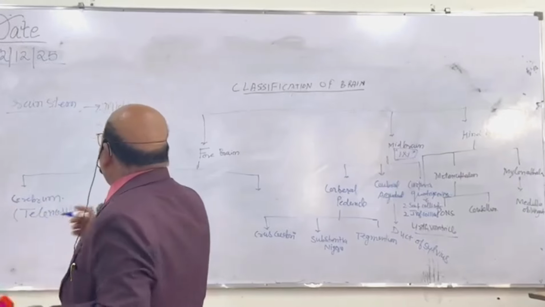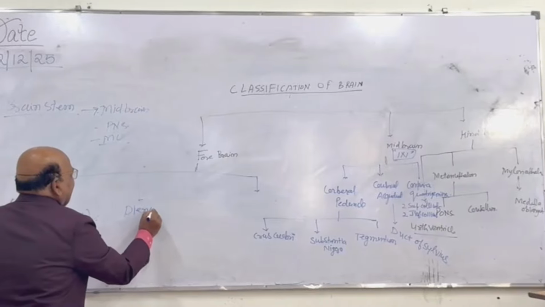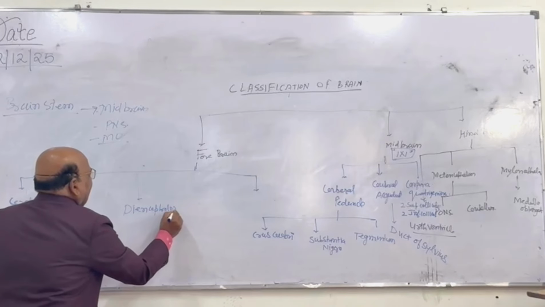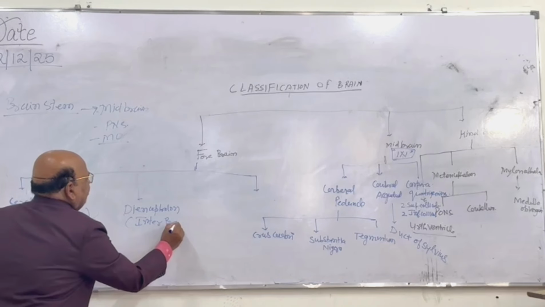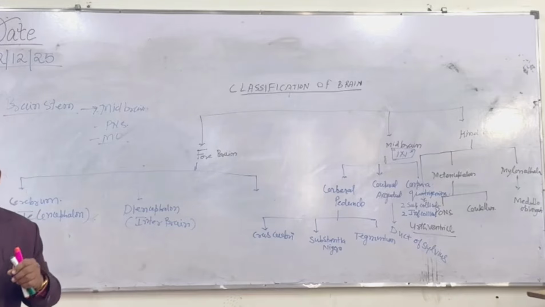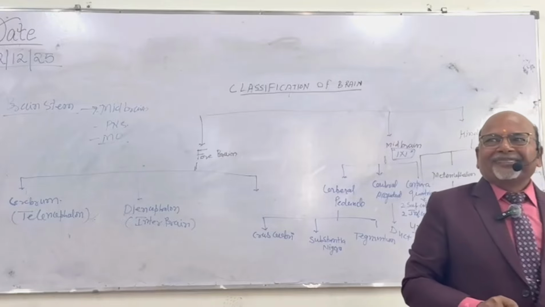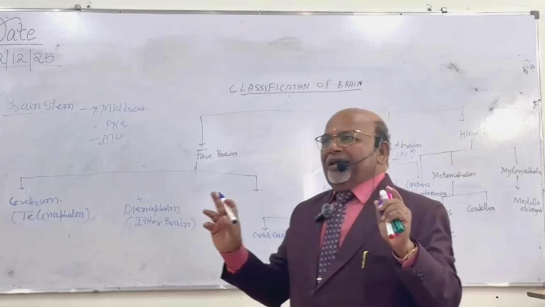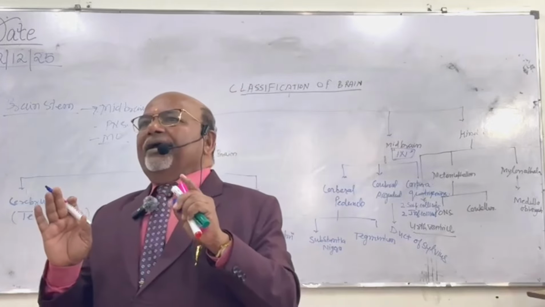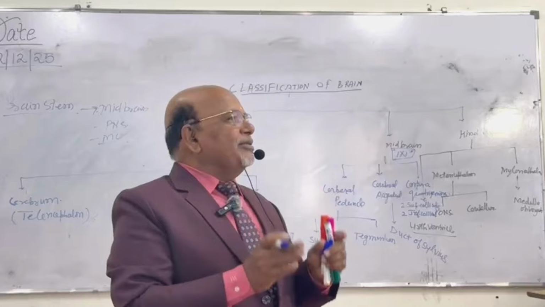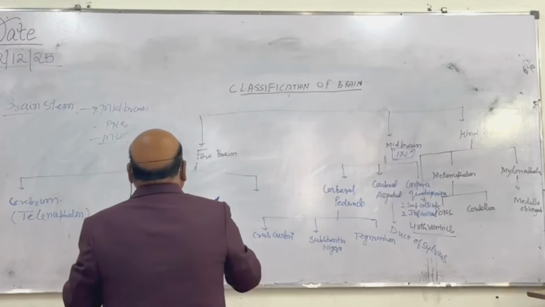जो अंदर है उसको हम क्या बोलते हैं, डायनसेफेलॉन। डायनसेफेलॉन, इसको हम दूसरा नाम देते हैं इंटरब्रेन। क्या कहते हैं इसको, इंटरब्रेन, डायनसेफेलॉन। अंदर का जो है, फोरब्रेन का डायनसेफेलॉन। दो कॉन्सेप्ट क्लियर हो गए। एक को क्या कहेंगे, टेलेनसेफेलॉन, और जो इनसाइड है उसे क्या कहेंगे, डायनसेफेलॉन। Is it clear? अब इसमें तीसरा जो कंपोनेंट है